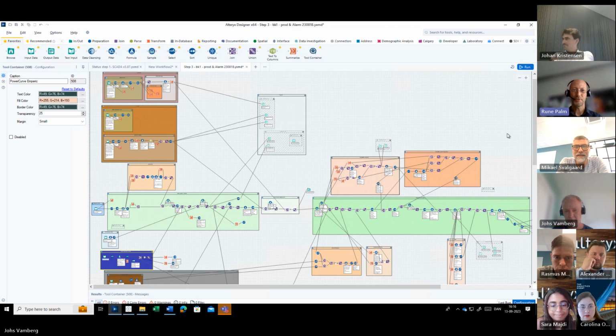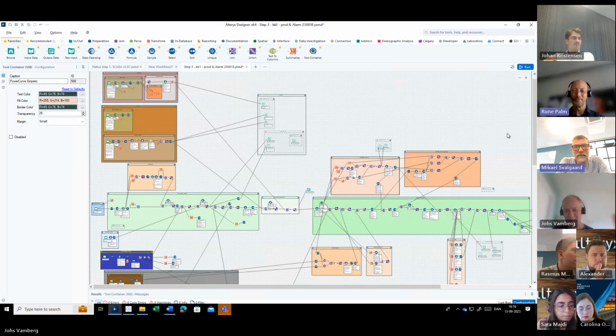I myself prefer to have some separate workflows and connect them through a runner. And then we also have data lineage tools that can visualize how the different workflows and their outputs are used as inputs in other workflows and so on. So you can have this visualization in a data lineage tool.